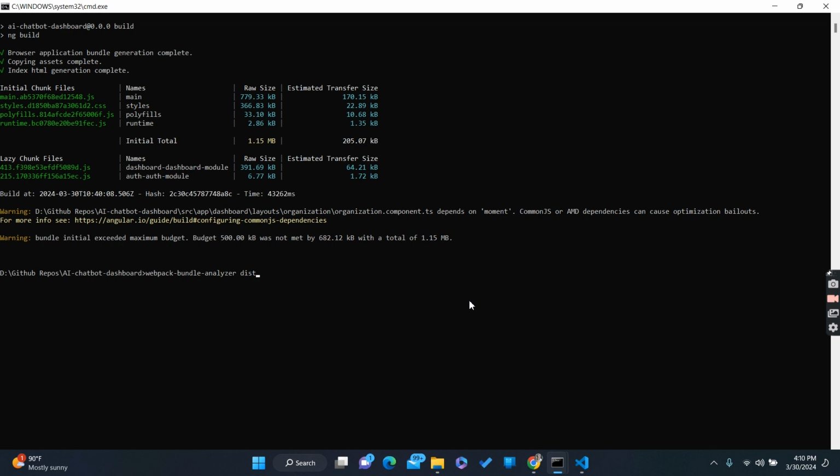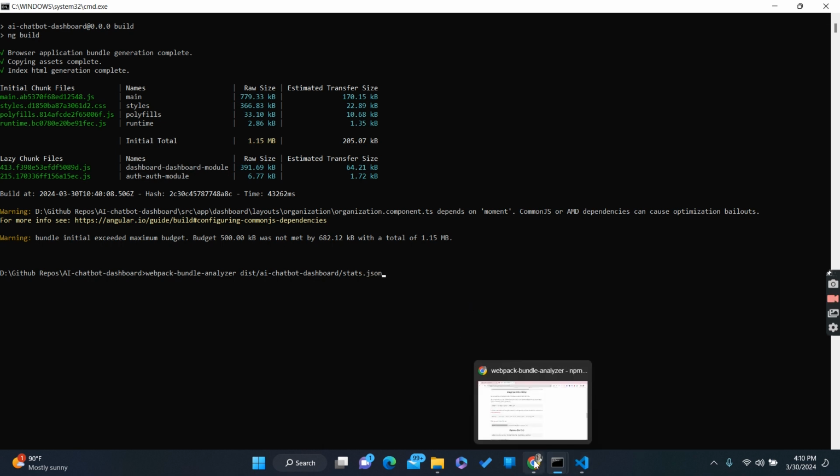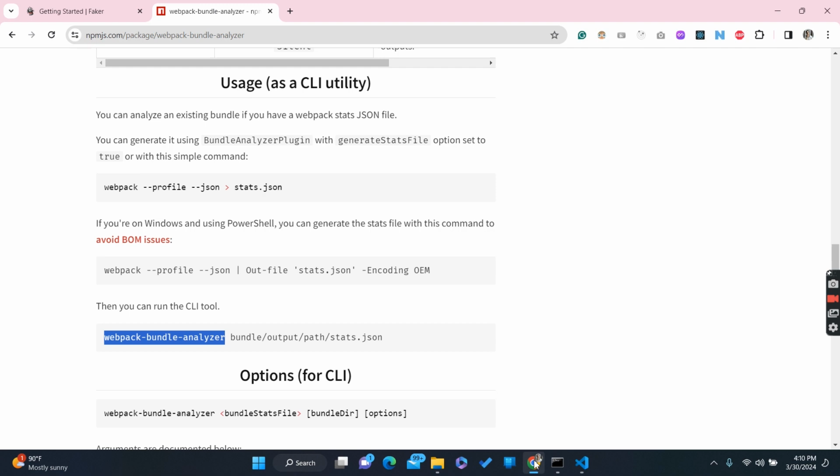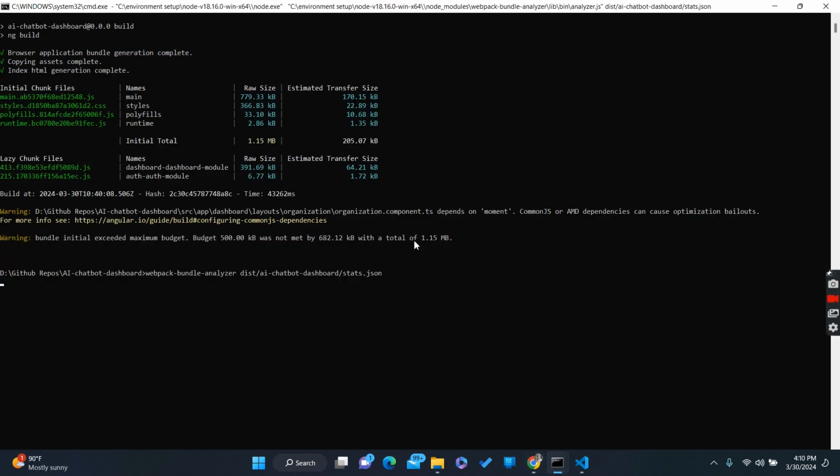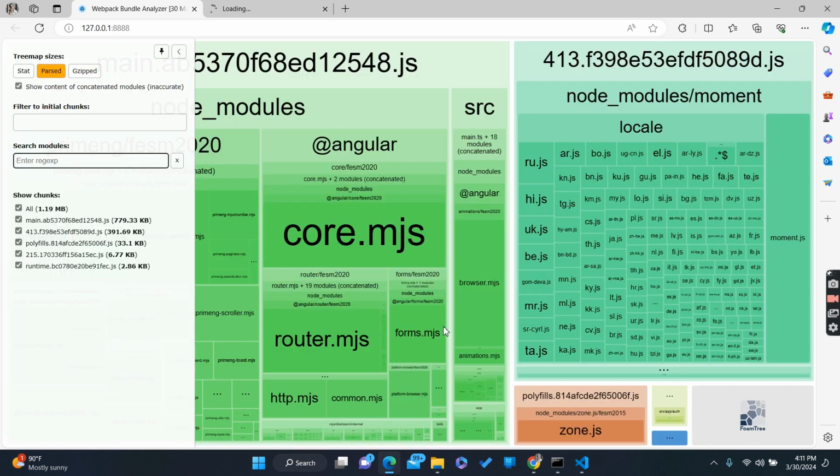Now we need to mention that path, dist, it is generated inside the dist. Inside this dist folder we have this AI chatbot dashboard, right? And we need to call stats.json, I guess. Yes, let's see, stat.json, correct. Now if I hit enter, you can see that this gets opened